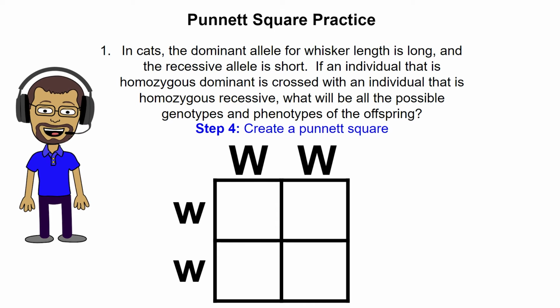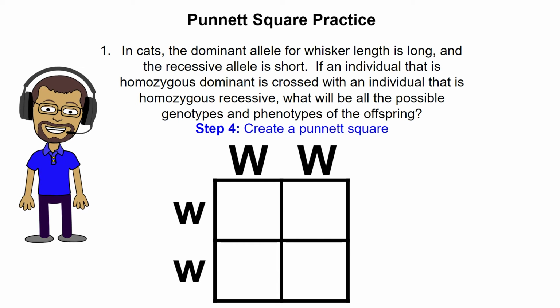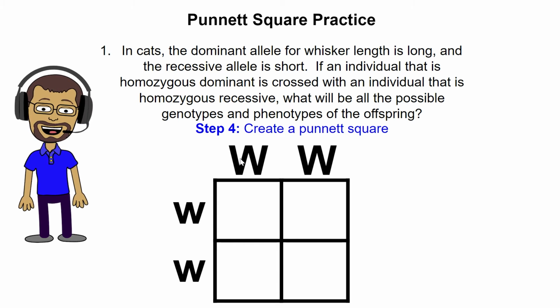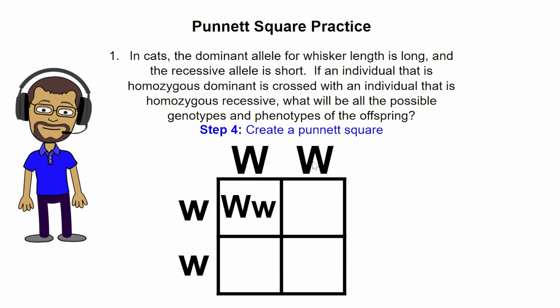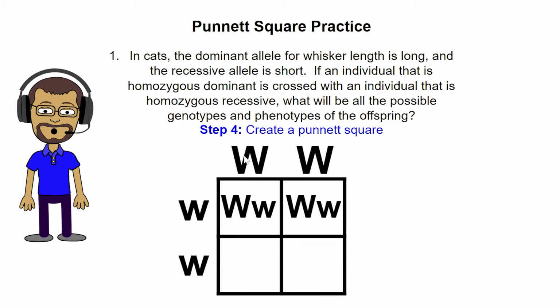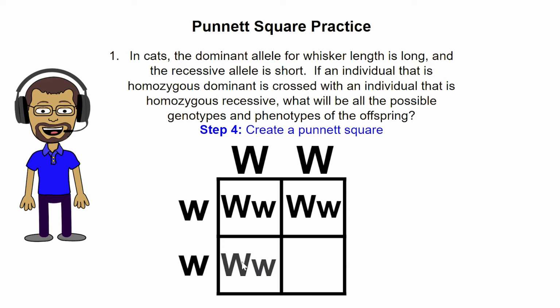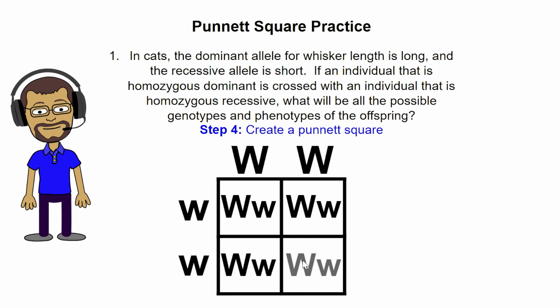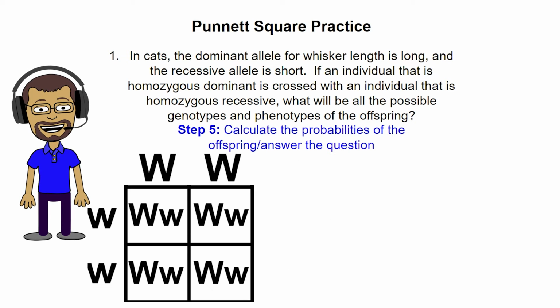It's going to come up with the same result in the end. But all we're going to do is fill in the boxes. We're going to take this W and this w, put it in this box right here. And we'll take this W and this w, and we'll put it in this box right here, and so on for the other two boxes. So now we have our Punnett square completely filled in. This is going to tell us the probability of the offspring having whatever trait we're talking about, which in this case is whiskers. All right, so step 5, we're going to calculate the probabilities of the offspring and answer